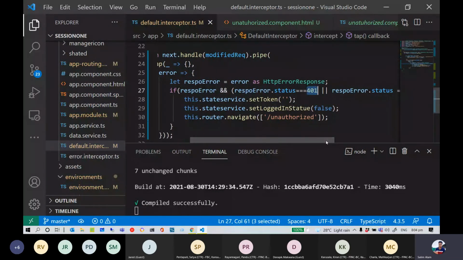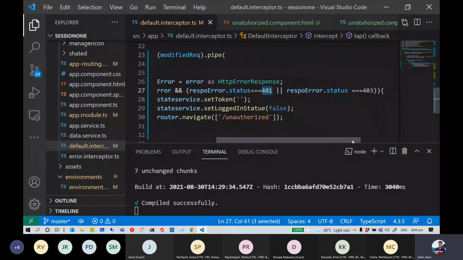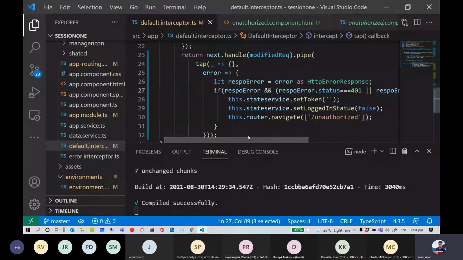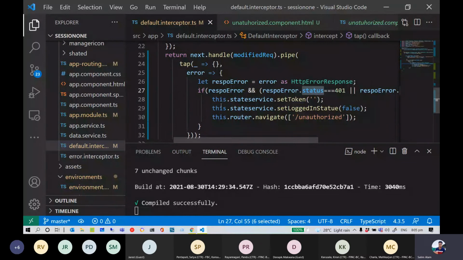And here you can go ahead and add more exception status types, for example, say 500, you can send it to a different component. I'm saying go ahead and set the token as empty. That means there will be no token in our memory, and then go ahead and set the login status as false. So what will happen is